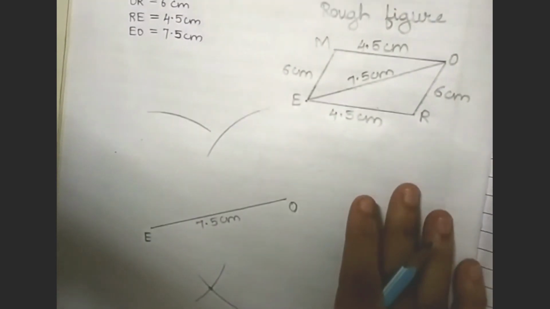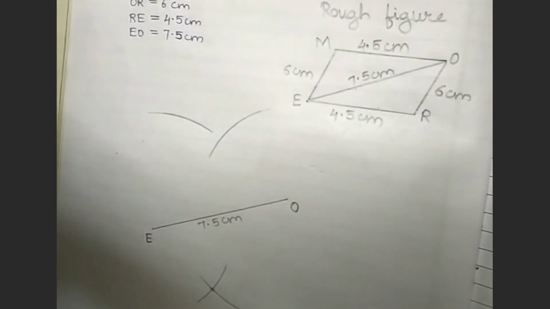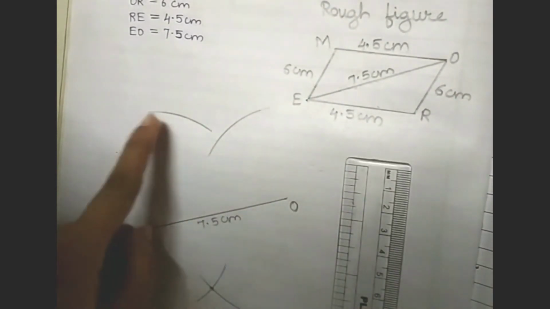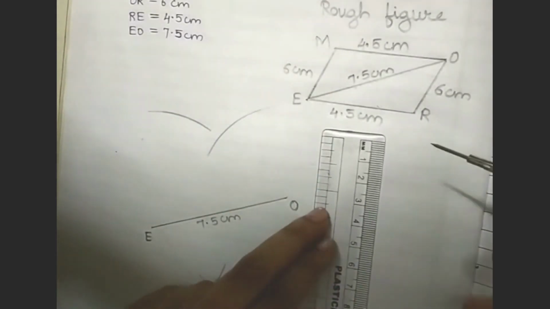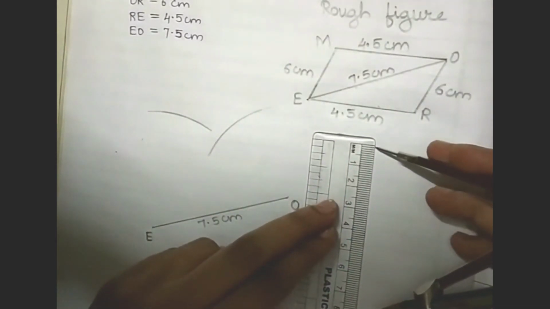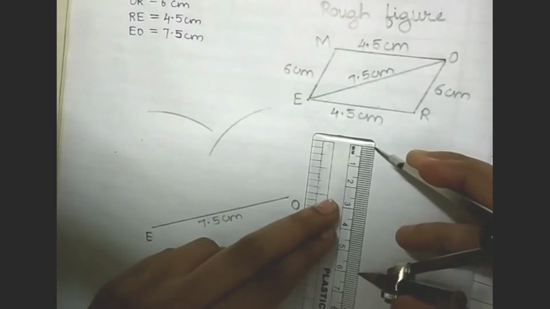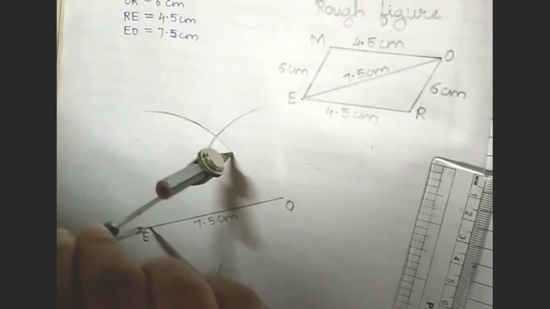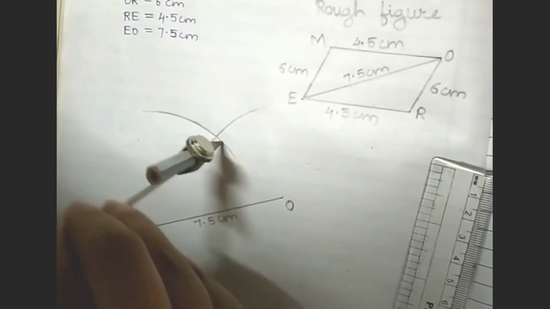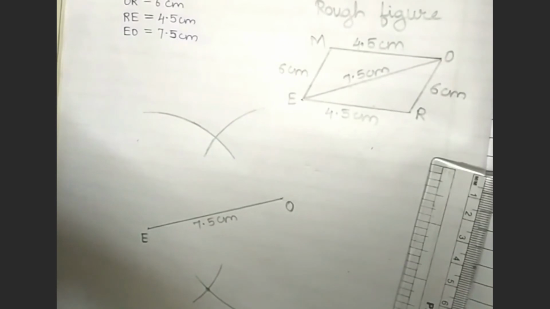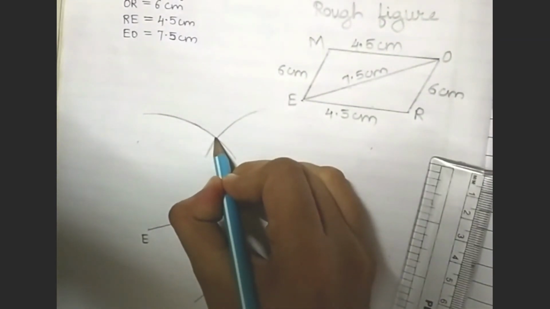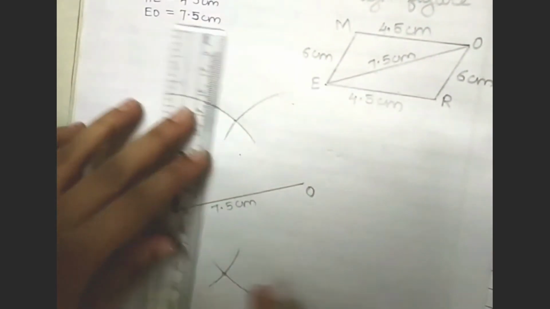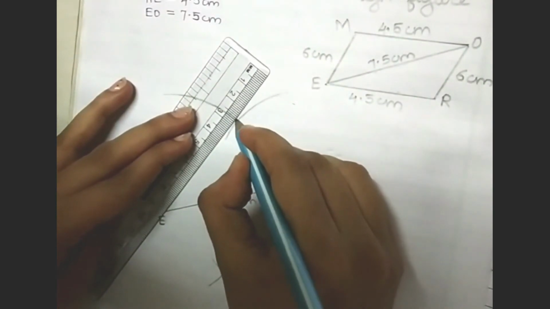Okay. So students, here we got a point of intersection. So I will mark this point, but here in this case both these arcs are not yet intersected. So I will increase the size of this arc. That is, it was 6 centimeter, and now I will increase this up. So we got the point of intersection here. Now we will just join the points.